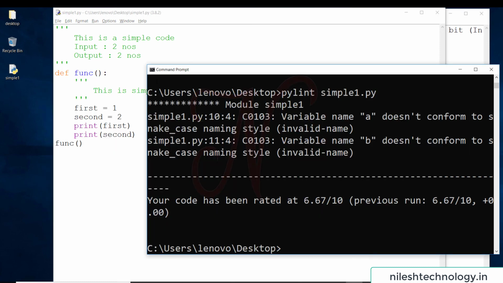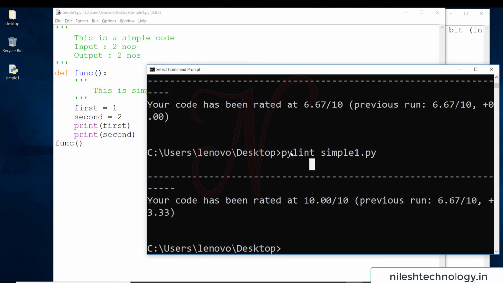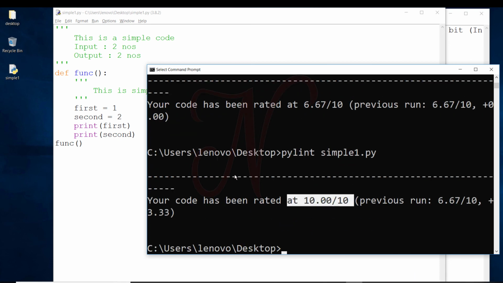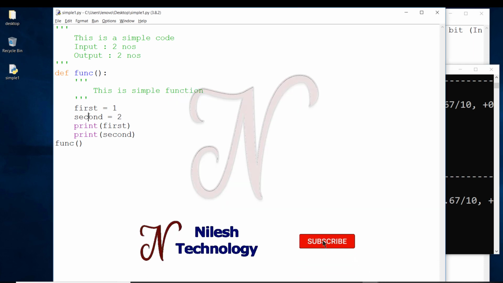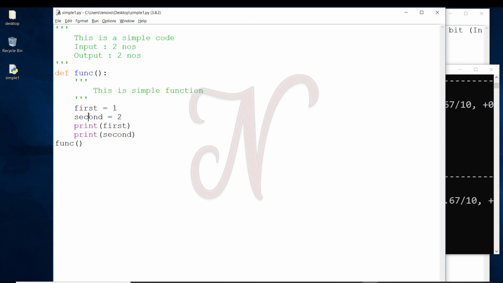Save these changes. See here, my output is 10 out of 10. It means this is your perfect code. This is the way you test the given code. This is one of the testing mechanisms.